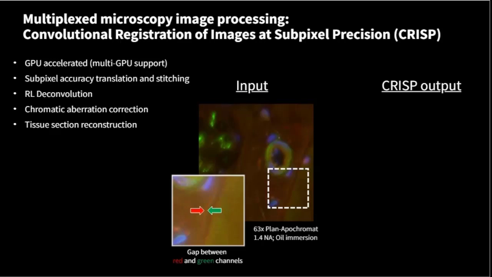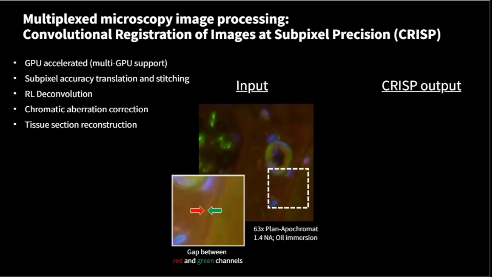Here you see a high magnification image of a tissue. You can see that we are away from the perfect focal plane here, so you're getting blurring due to the use of a wide field lens and oil immersion. And not only that, due to the setup of the lens itself, you can see that there's chromatic aberration between the red channel and green channel. And of course, if you were to process this data with chromatic aberration, you will get a discrepancy between your